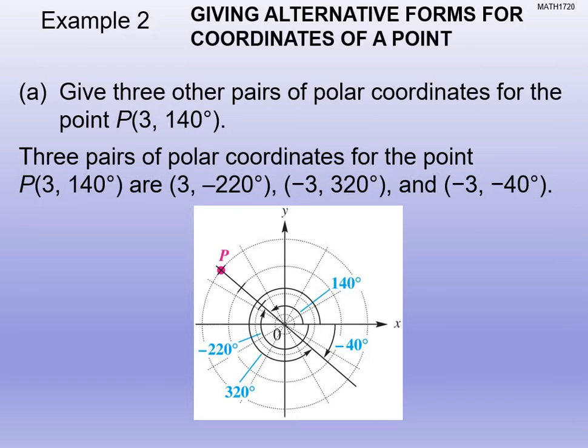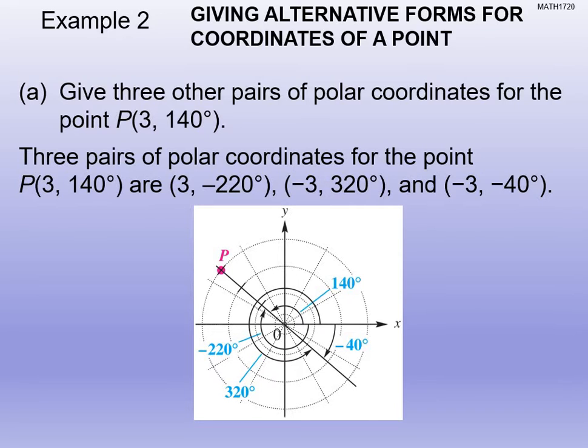So, if we look at the first one, we have 3, negative 220. Well, what does that really mean? That's doing what? 360 with the 140. So we're just going the other way, negative 220 degrees, and the magnitude's positive, so it ends up at the same point. The negative 3, 320, okay, we're going in a positive manner to get there, but we're changing